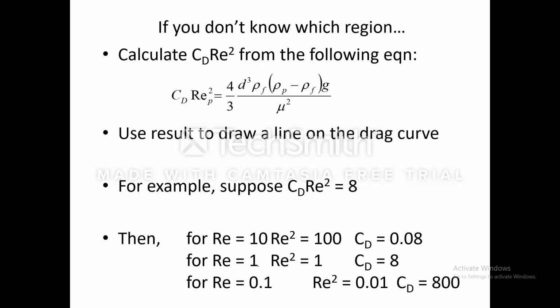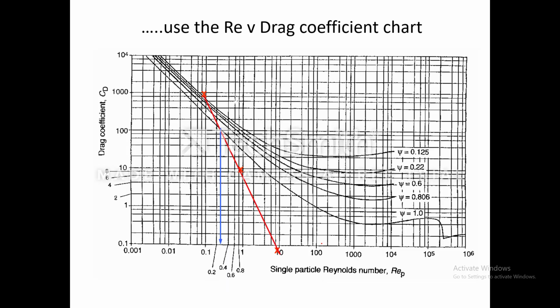For Reynolds equal 1, CD equal 8. For Reynolds 0.1, it is obvious that this one will be correct. In this figure, we use Re with the drag coefficient chart. Here, the single particle Reynolds number Re P with the drag coefficient CD. From this figure, at different sizes, we can compute